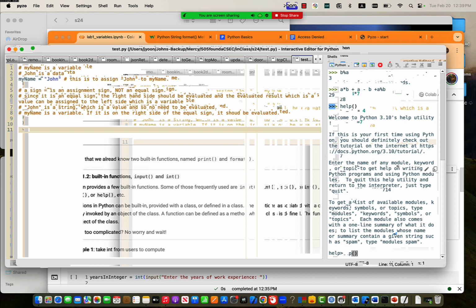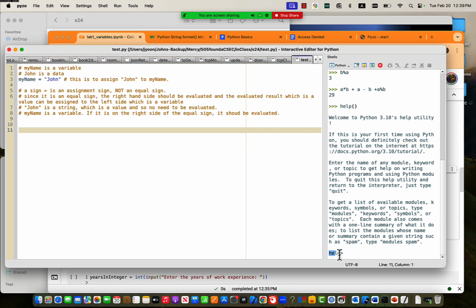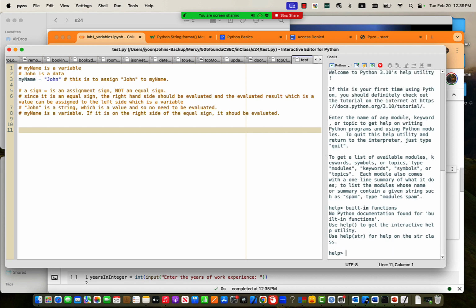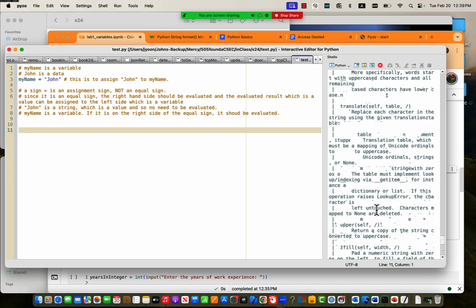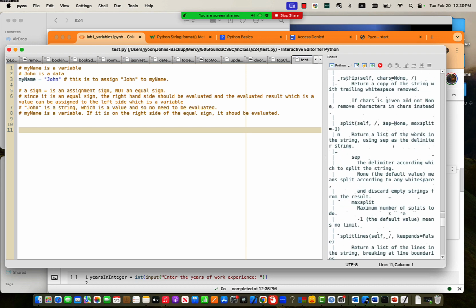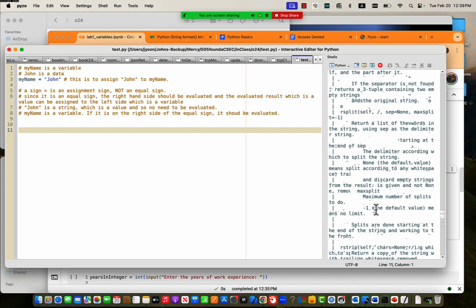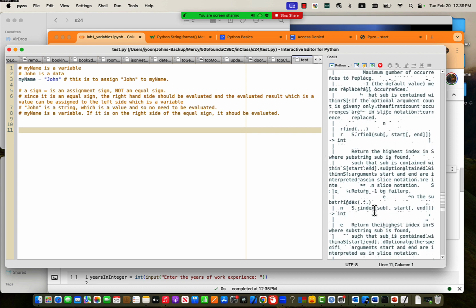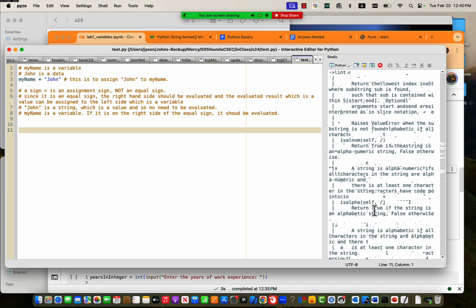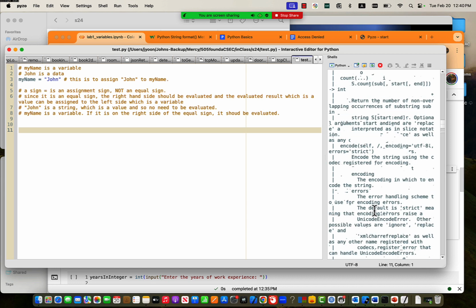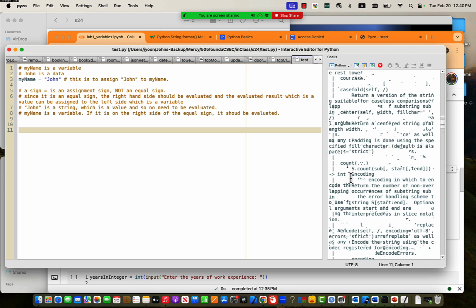this prompt is the Python prompt. This is the help prompt. In this help prompt, if you say, I'm not sure if it works. It's not working, right? But if you say str, then you can see multiple functions available with that string. I'm going to point out some of those. This string is a very, very strong type